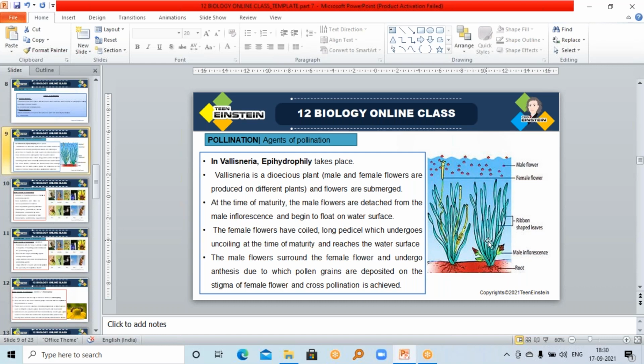Got it? So after maturation, the male flowers will get detached from the inflorescence, and they will float. These flowers may float on the water surface. Got it? Then